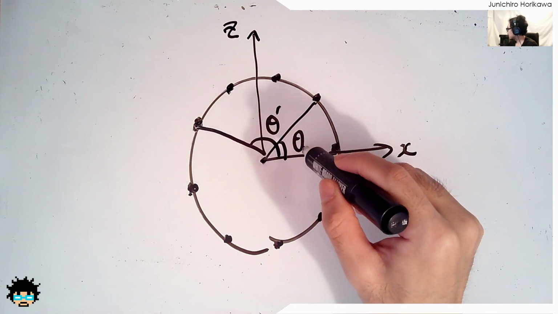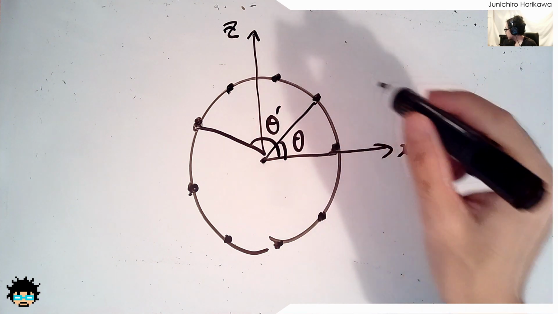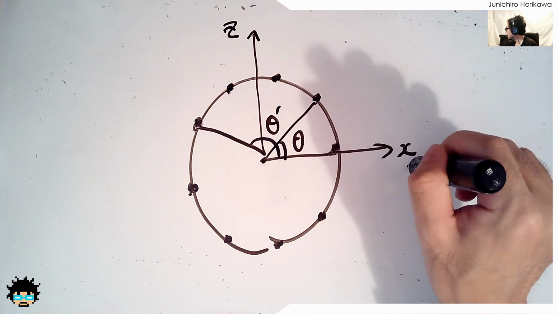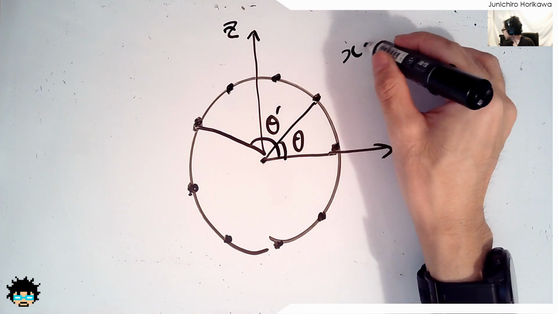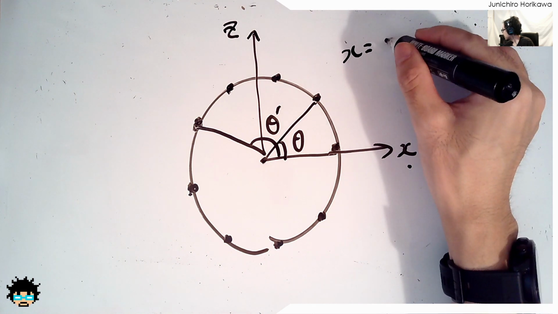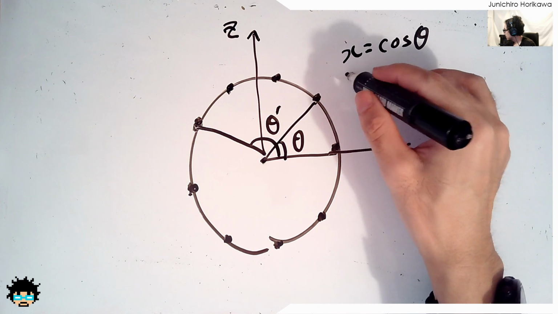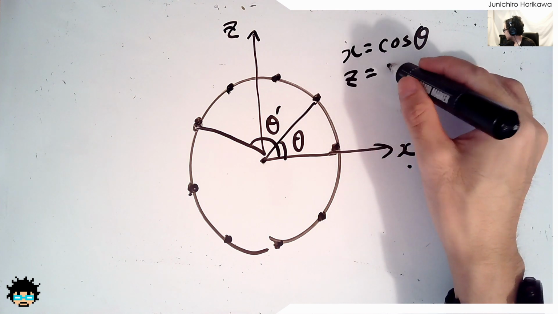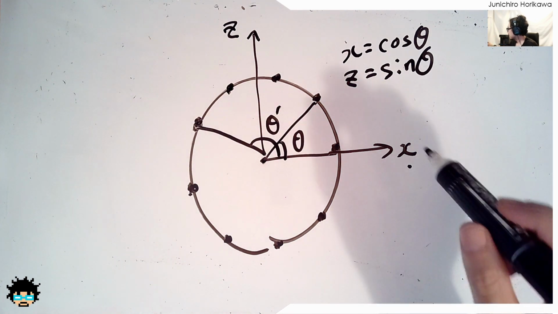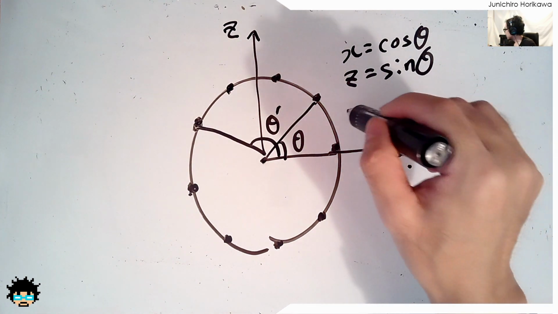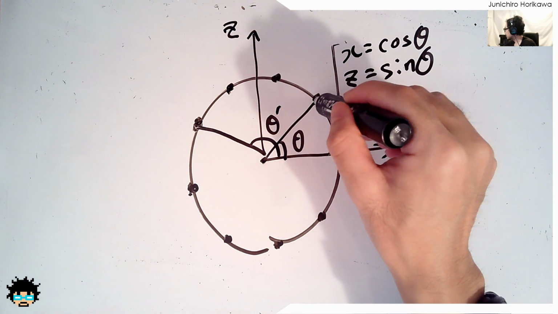And using this theta, you can extract the coordinates for x and z with this: x equal to cosine theta, and z can be equal to sine theta, like this. By using this simple trigonometry, you'll be able to get the coordinate for this